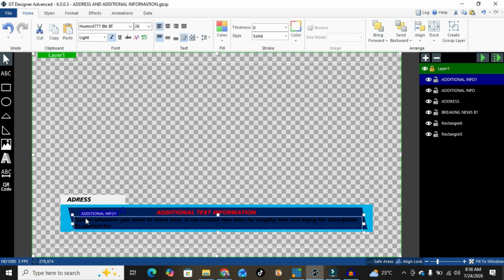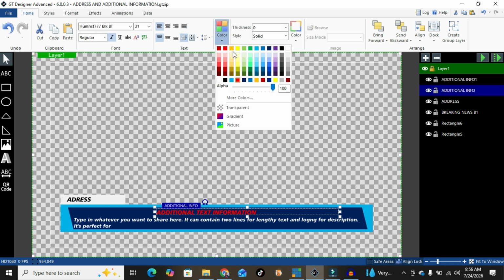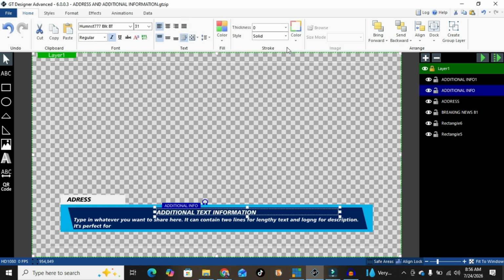With that, the text color is fine, so we can click the text color and confirm maybe white like this. Okay, you see the white gives a different feel, and then you can go ahead and save it.